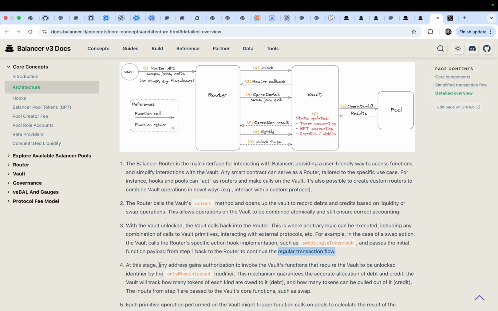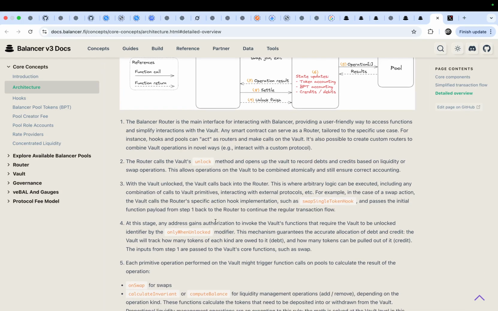The operations are expressed here, and invoke the vault functions that require the vault to be unlocked, identified by the modifier onlyWhenUnlocked.